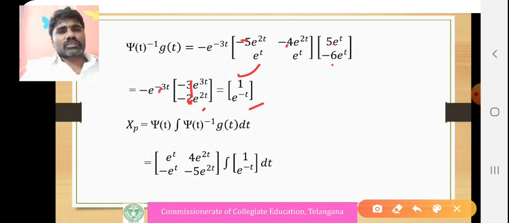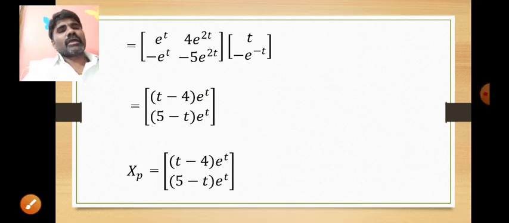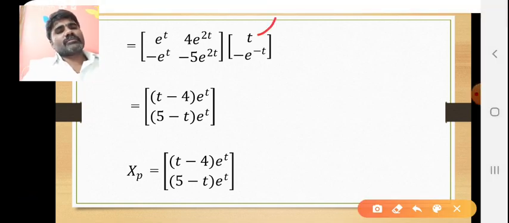Now the particular solution xp equals psi of t into the integration of psi inverse of t g of t dt. Now by integrating, the integration of 1 dt is t, and the integration of e^(-t) is minus e^(-t). That is multiplied by psi of t: [t e^t, e^t; 4 e^2t, 5 e^2t]. Now multiplying these two,